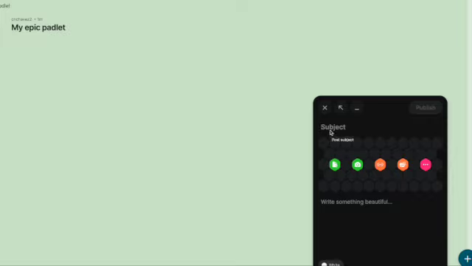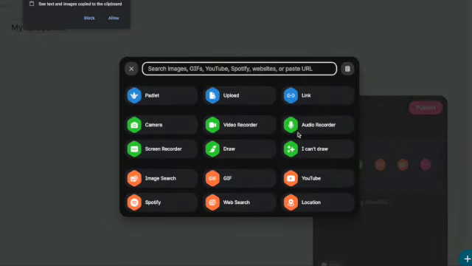So here it says My Epic Padlet. So we're going to keep that cool name, and we're going to put cats. So here you have the options of either uploading a file, taking a photo, attaching a link, searching for an image, and it gives you more attachment types. And here, as you open this, it will give you screen record as well. You can image search, you can add your own Spotify, you can web search, you can add a location, add some YouTube videos. So let's add a YouTube video,